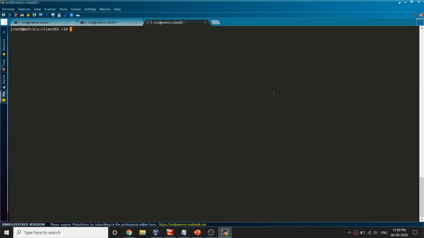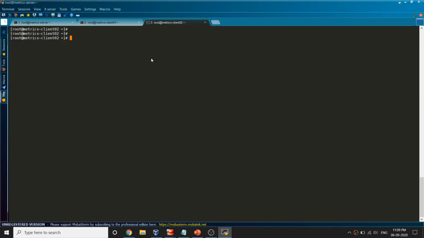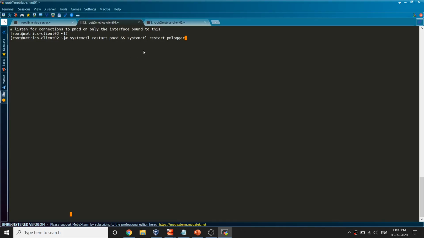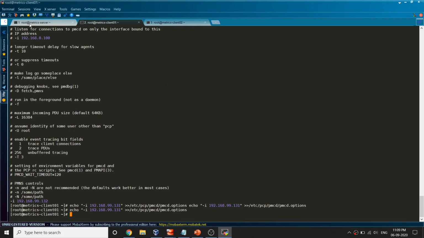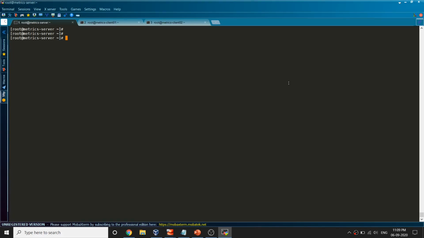Once you are done with this part, you have to restart the services, PMCD and PMLogger, on all of the servers, right? So on the client system and your master system. I already restarted the service since I tested initially, right? So once I restart the service,